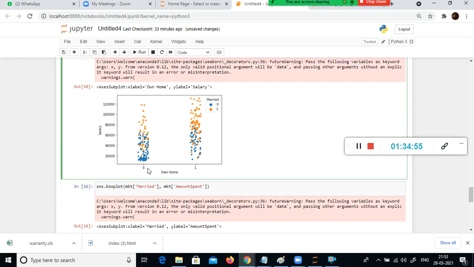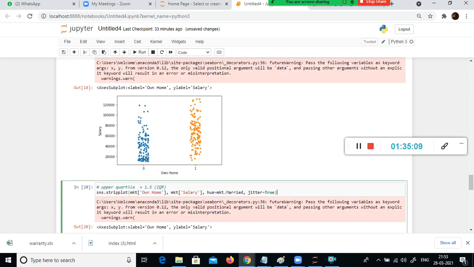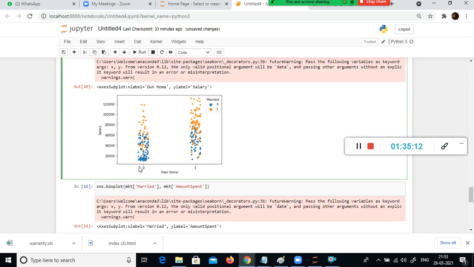So if you look at this one, these people are living in rental houses, and these are living in their own house. But 0 is unmarried, 1 is married. It gives you a very clear picture, very good clarity here. So here we can very easily find out the married people, 1, right? These people are married, and those who own the house, their values are clustered like anything. They're clustered together like anything. And again here also it is clustered.